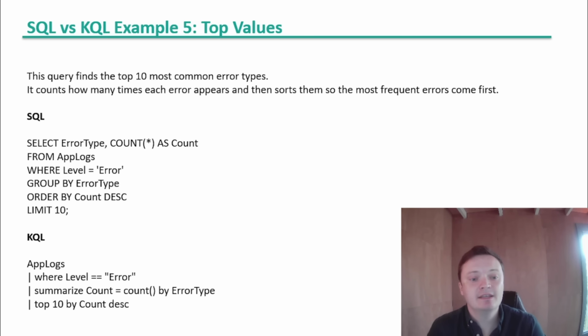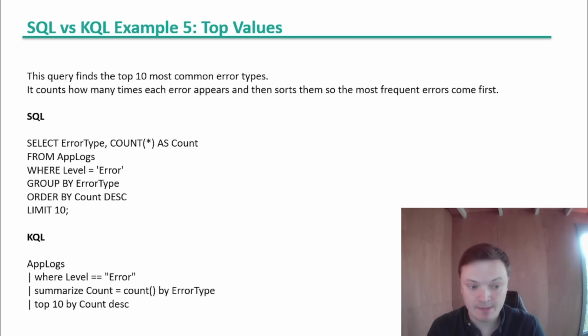And for the last example, this query finds the top 10 most common error types. It counts how many times each error appears and then sorts them so the most frequent errors come first. In SQL, you can see it is doing select two columns, and the last column is a count